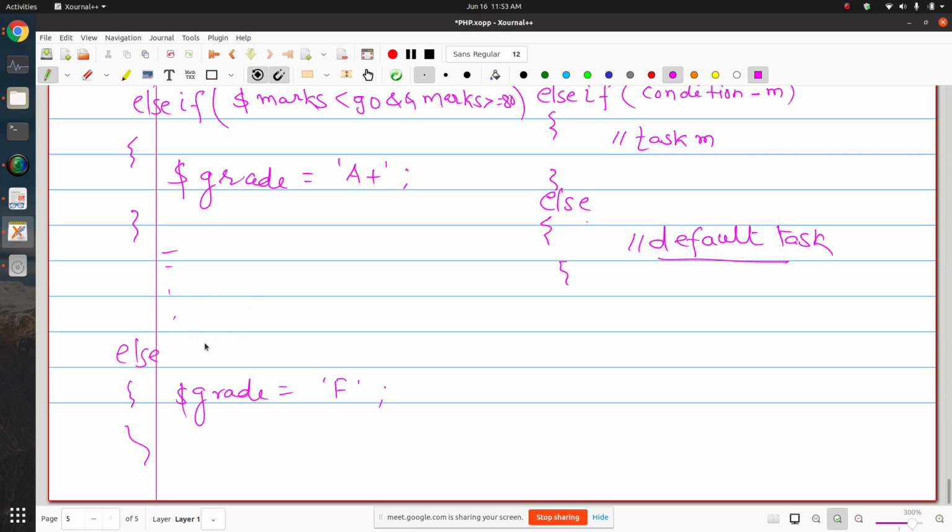This is one example of else if ladder. So these are the structures that you may be using very often in your source code.